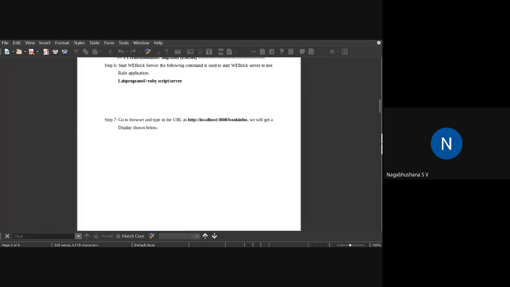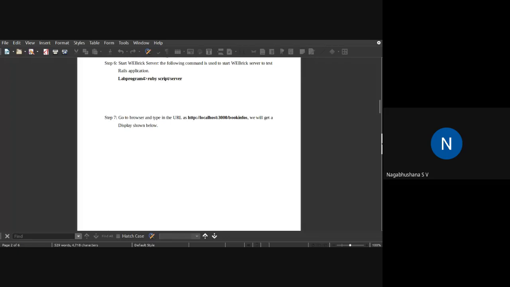Once you run this server, you have to type http://localhost:3000. 3000 is a port number. The application is running on port number 3000, slash book infos. Book infos is the name of the entire application where the Rails directory is going to run.